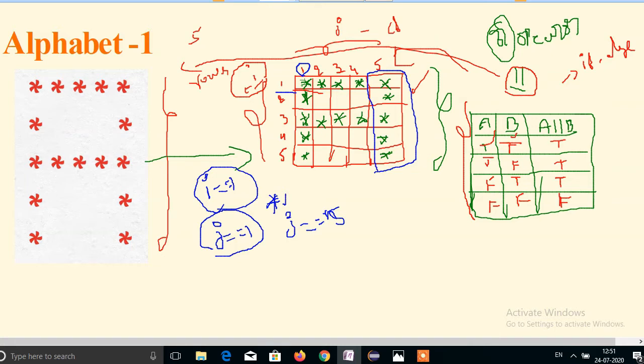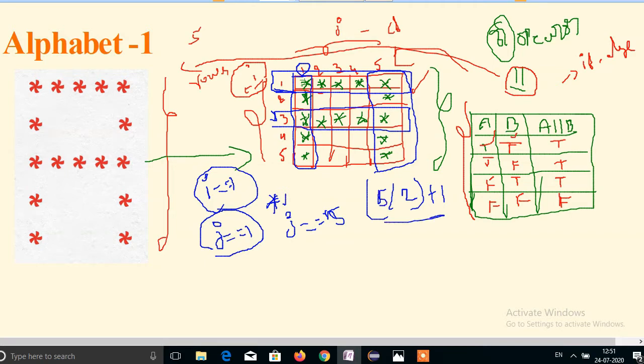It is the end of the column, and the start is the starting row of the table. This is the middle row. So how will we get the middle row dynamically? 5 by 2 plus 1, like this we have to take.